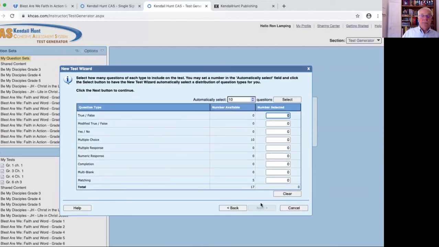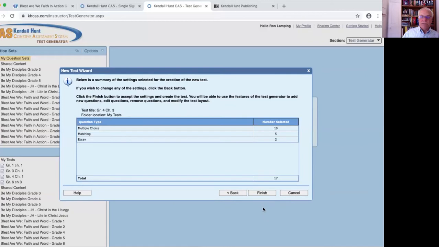Click next, and now it says what you have on the test. There's a total of 17 questions. I'm going to use all 17, so you just click up there to use all 17 of their selected questions, and that's what I'm going to select and choose next. So the standard test that they have has 10 multiple choice questions, 5 matching, and 2 essay. Okay, that's what I want to use. I click finish,